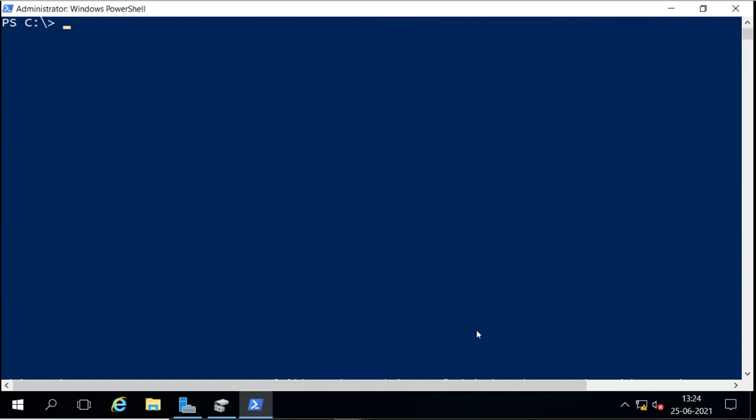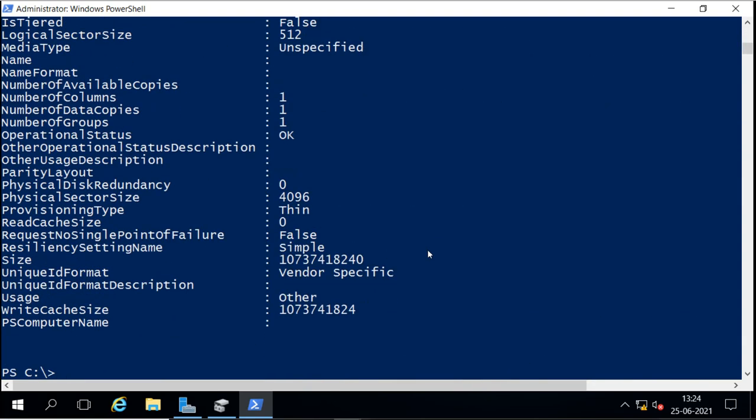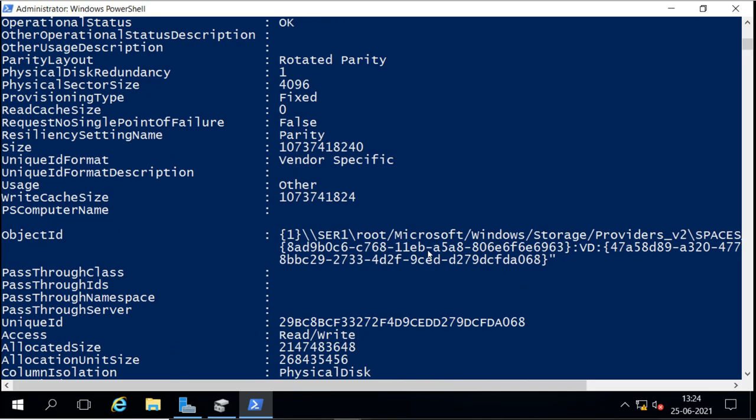To get virtual disk information, we will run the command Get-VirtualDisk. It will show all the virtual disks. Right now we have a mirror, parity and simple. Now if we want to see the detail about that, we can go for Format-List, and it will show me the detail, and in the detail we can see how many columns they are using.